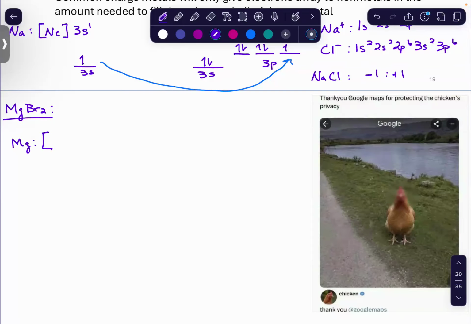Magnesium's electron configuration: magnesium's valence shell has two electrons to give away, whereas bromine, if we look at the valence shell here,